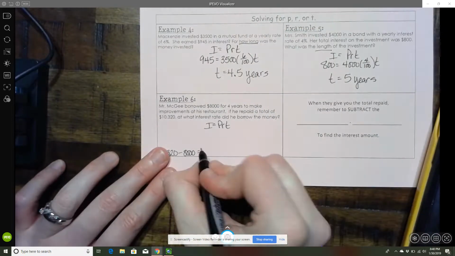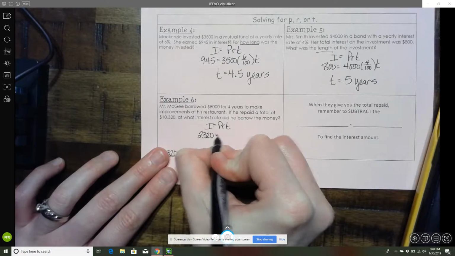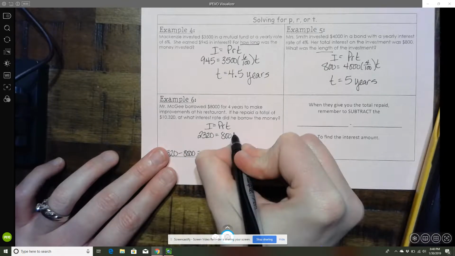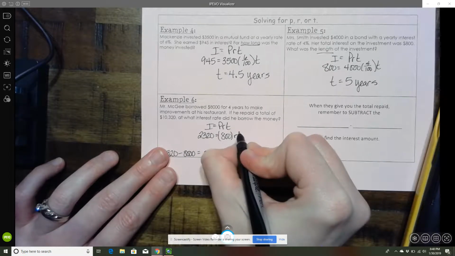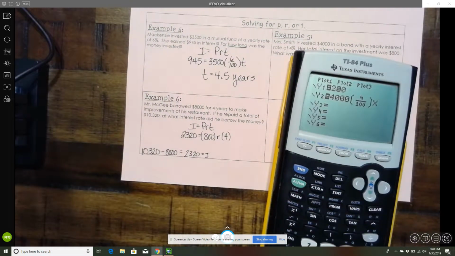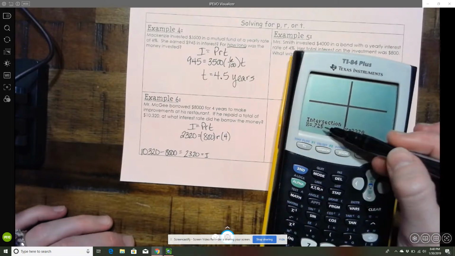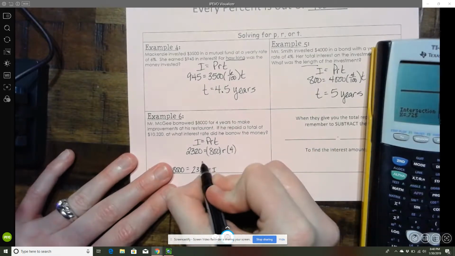And so I would get $2,320. And so that's my I. So my principal is $8,000. I don't know my rate, but I do know the time is 4. So I have, let's see, 800, and then my X, and then 4 years. So I get R equals